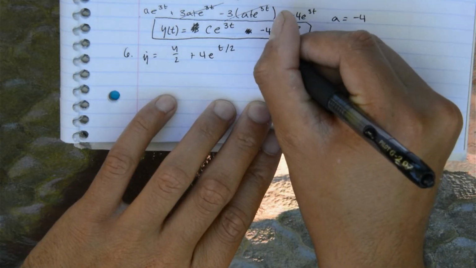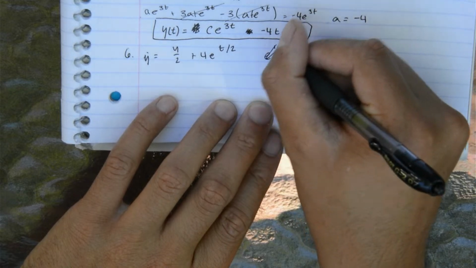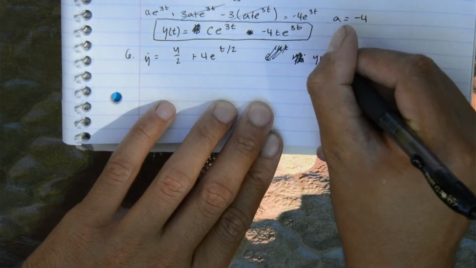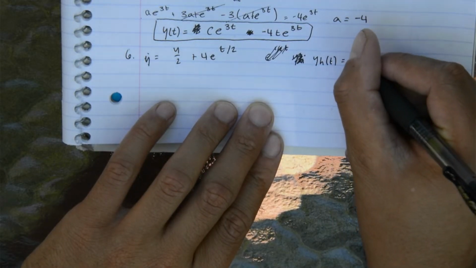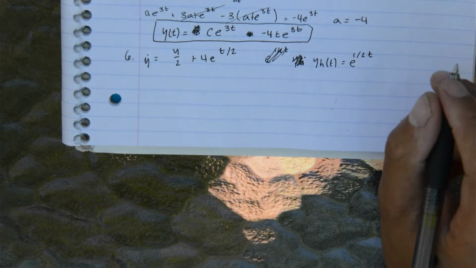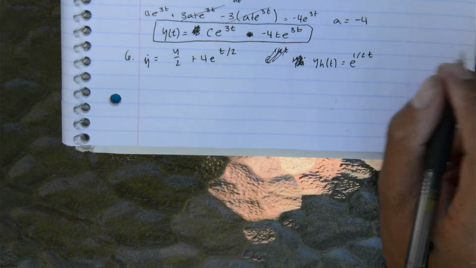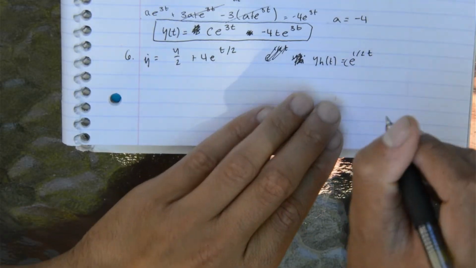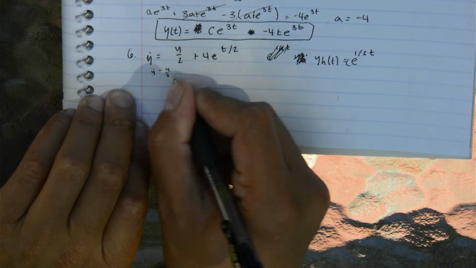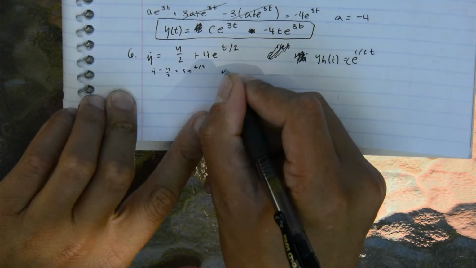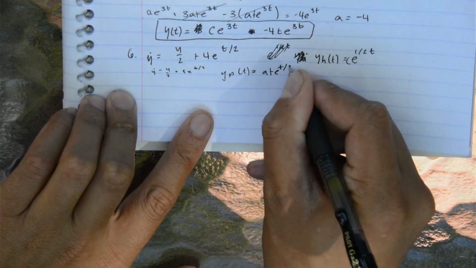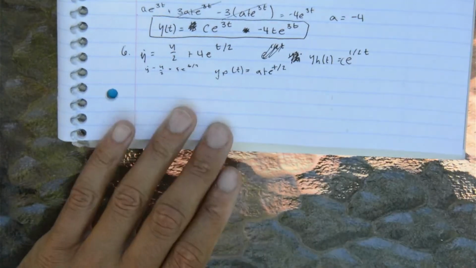Okay, so we should get e to the 1/2. Oh, interesting. So we're going to get for the homogeneous, y_h(t) is equal to c e to the 1/2 t. Now, if we guess, so we're going to get y dot minus y over 2 is equal to 4e to the t over 2. If we guess for y_p(t) is equal to, again, a t e to the t over 2,